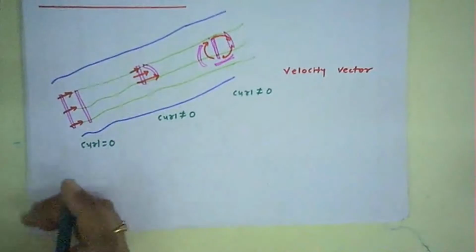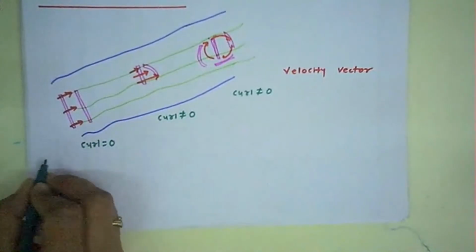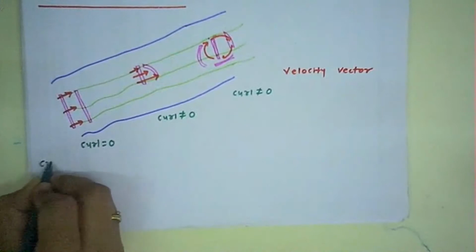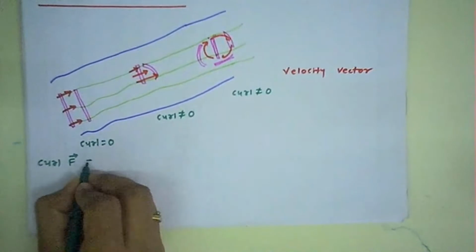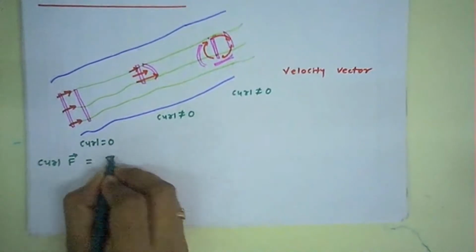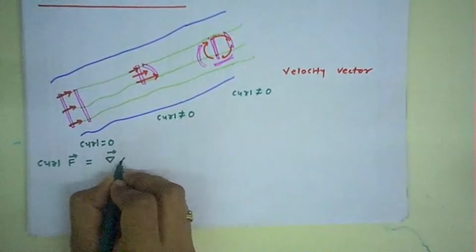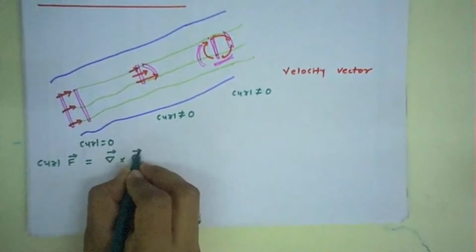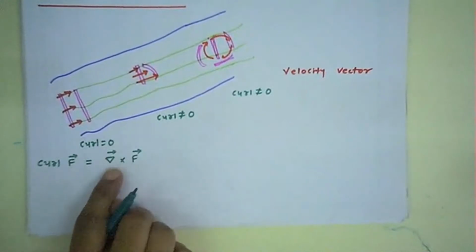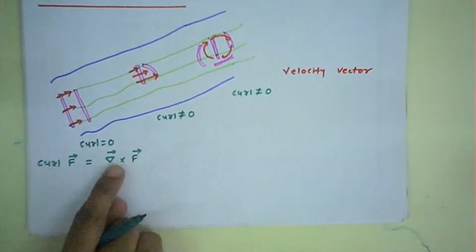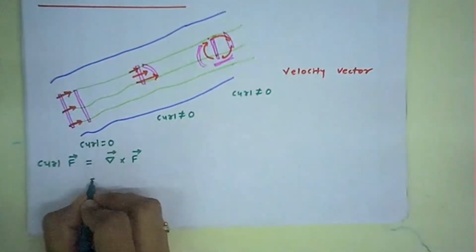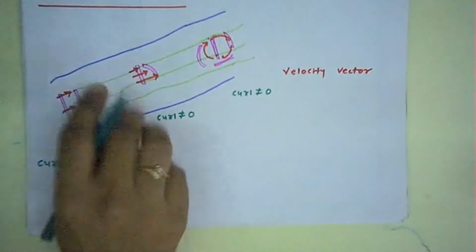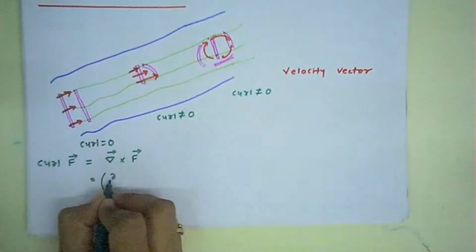Now the question may arise, how can we compute the curl? So in order to find out, let us consider the vector as F. So to compute the curl of F, we use the del vector operator and the cross product between these two vectors. Now if we consider the Cartesian coordinate system,